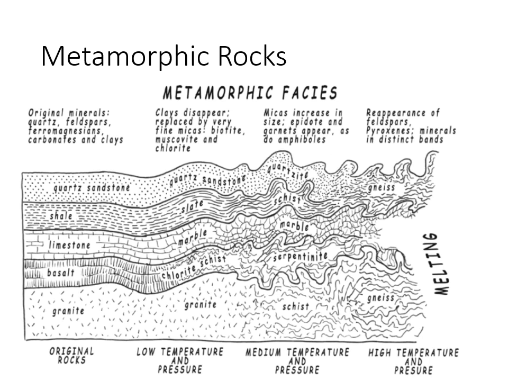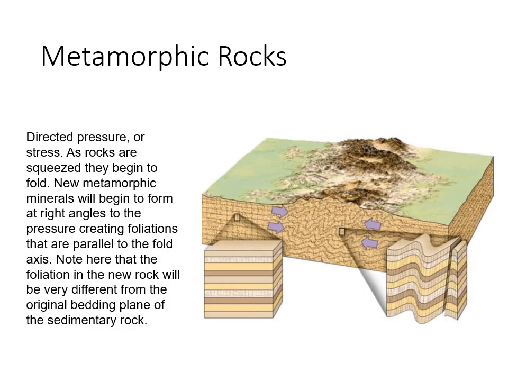And then as you start increasing the temperature and pressure, they change. A basalt might change to a chlorite schist, to a serpentinite. And then once you get melted, it starts all over as an igneous rock. So just as we did with our igneous rocks with our texture composition comparisons, we do the same thing with metamorphic rocks. Okay, so this is directed pressure or stress where we're uplifting rocks or we're squeezing and stretching them,